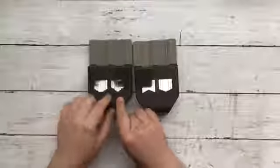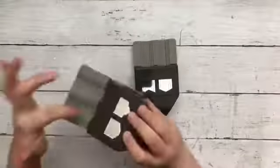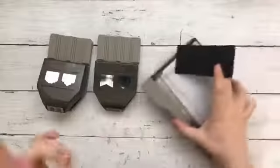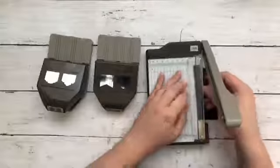The way these work is they're a regular punch, but they have two different tracks that you can punch in. You can also punch 3 different widths. So what that looks like, if I can find some cardstock around here, or vellum works too, except that's not the right thickness. All right, let's bring out my little cutter here. I'm gonna cut some cardstock to the right sizes. You can do a 1/2 inch, 3/4 of an inch, or 1 inch. So I'm going to show you what that looks like. I'm going to cut a 1/2 inch